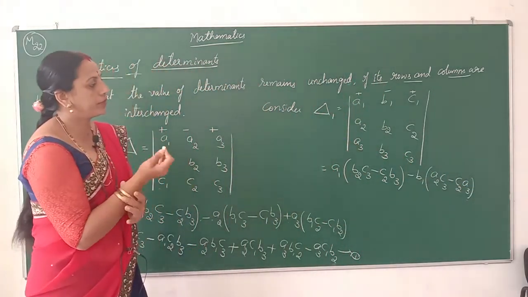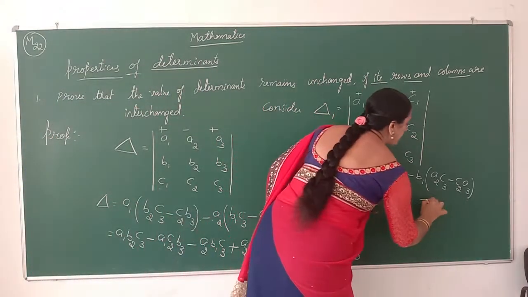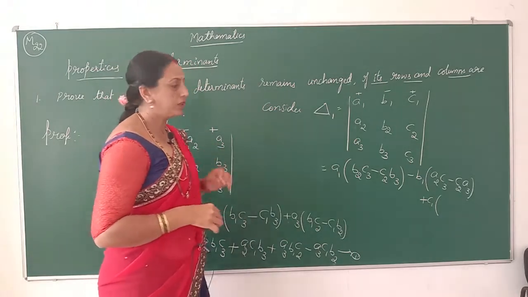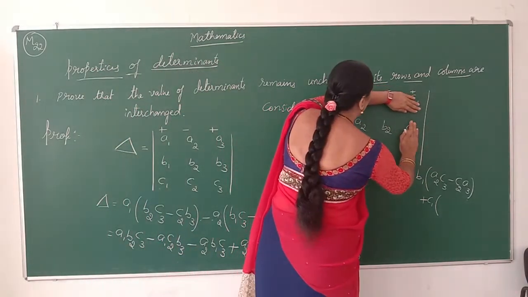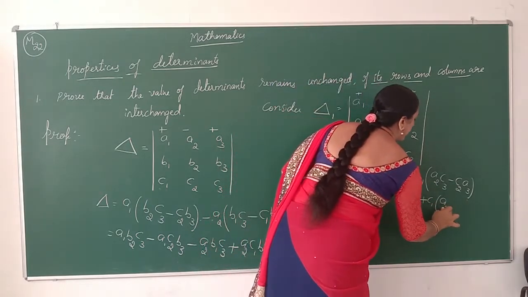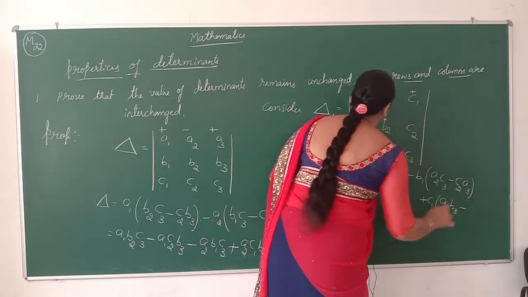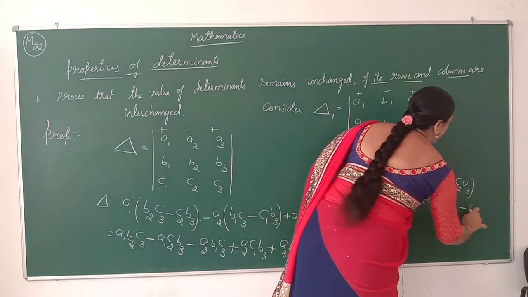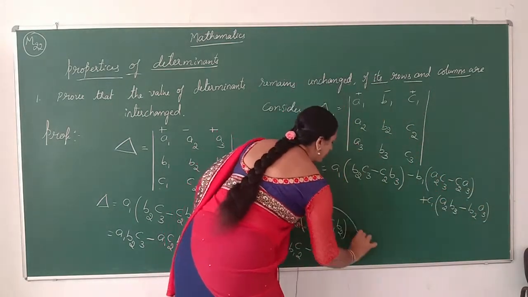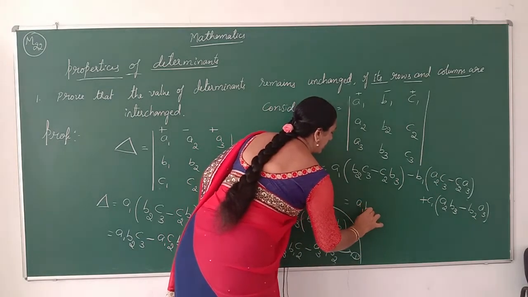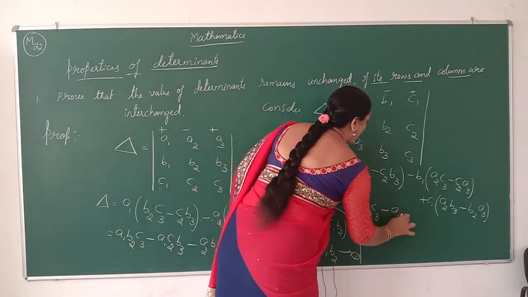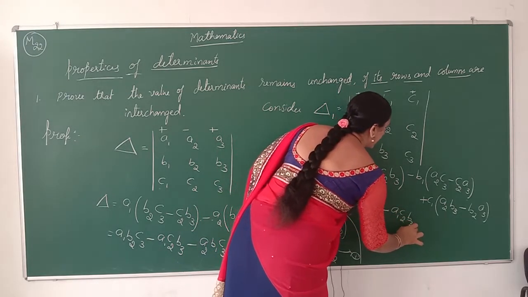Similarly, the third element is C1, and C1 is an element of the first row, third column. Again these are neglected, and the remaining is nothing but A2 B3 minus B2 A3. Then we distribute: A1 B2 C3 minus A1 C2 B3